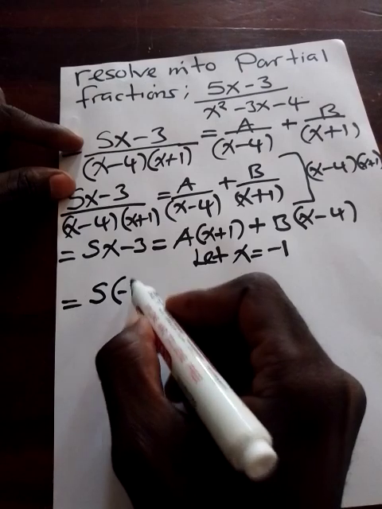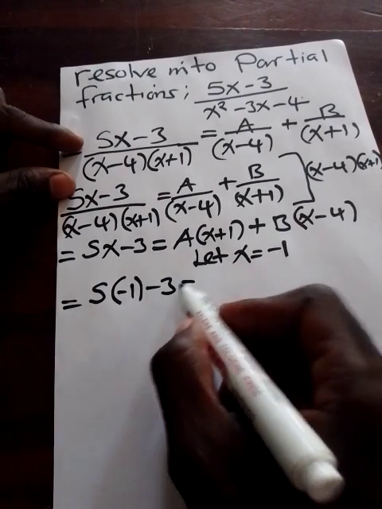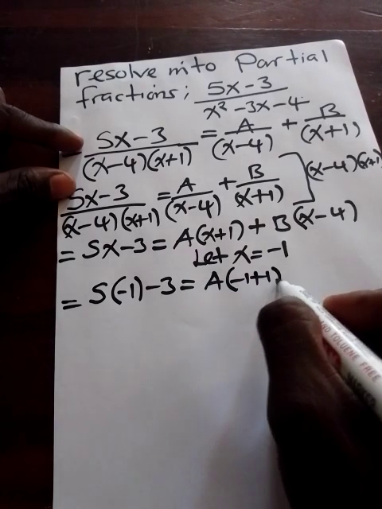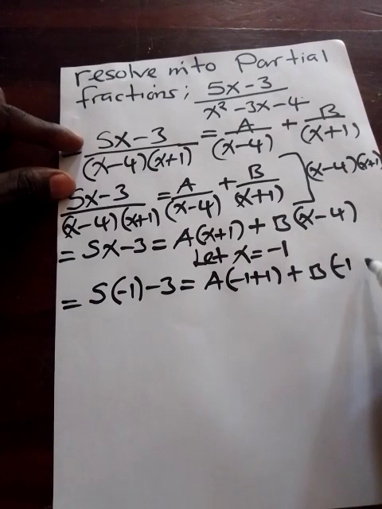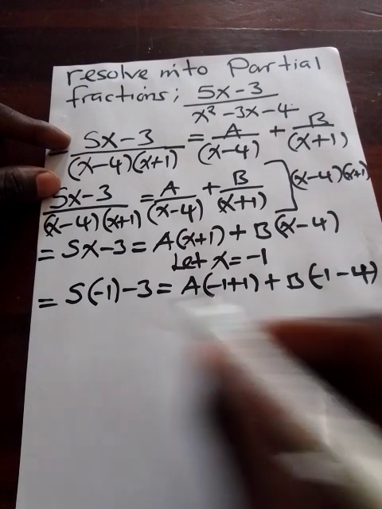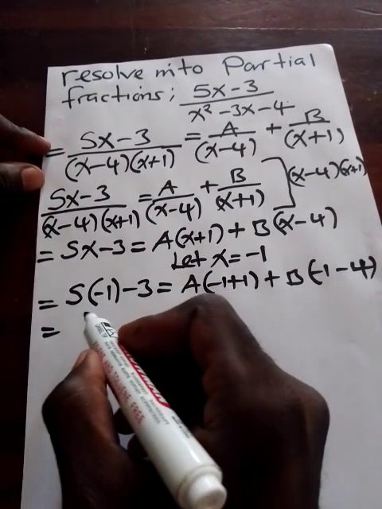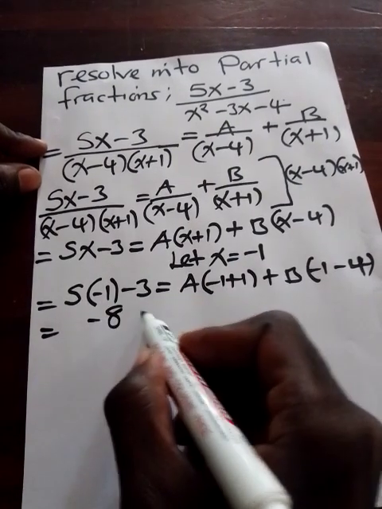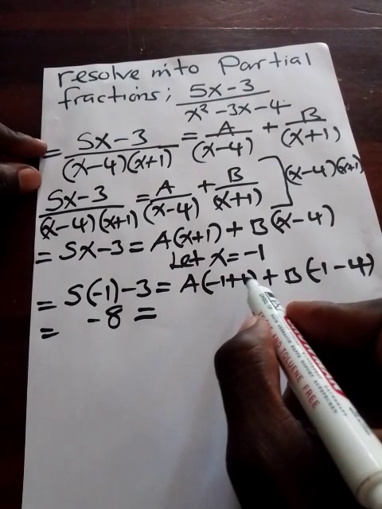Where there's x, I'm replacing with a -1 because I've let x be equal to -1. Minus 3 is equal to a, open brackets, -1 plus 1, then plus b, in brackets where there's x, -1 minus 4. So now 5 times -1, we're doing the calculations. 5 times -1 will give us a -5. -5 minus 3 will give us a -8, which is equal to a